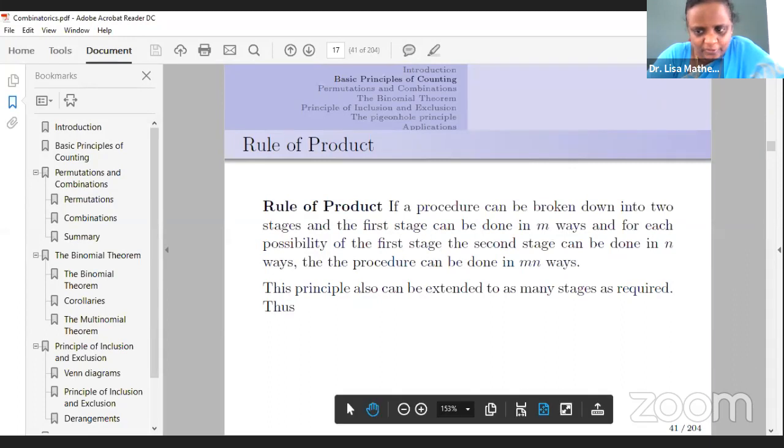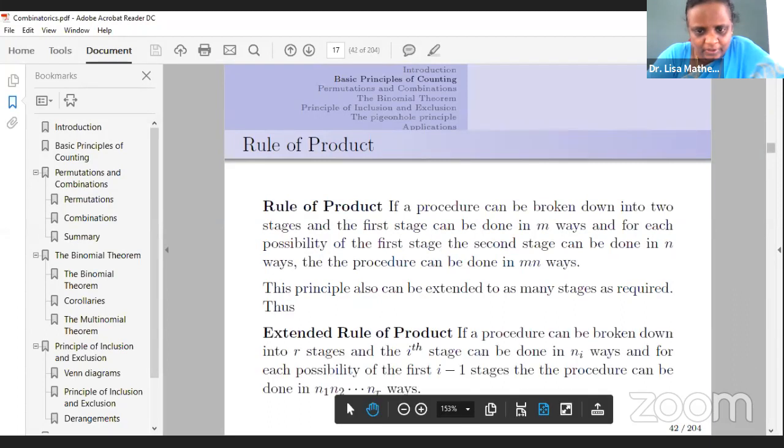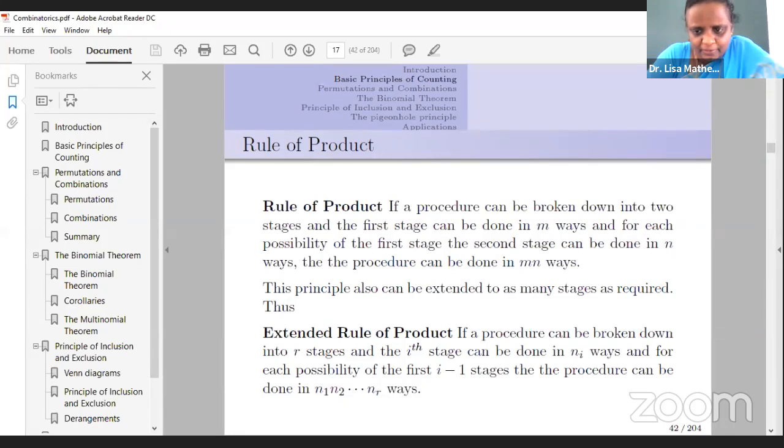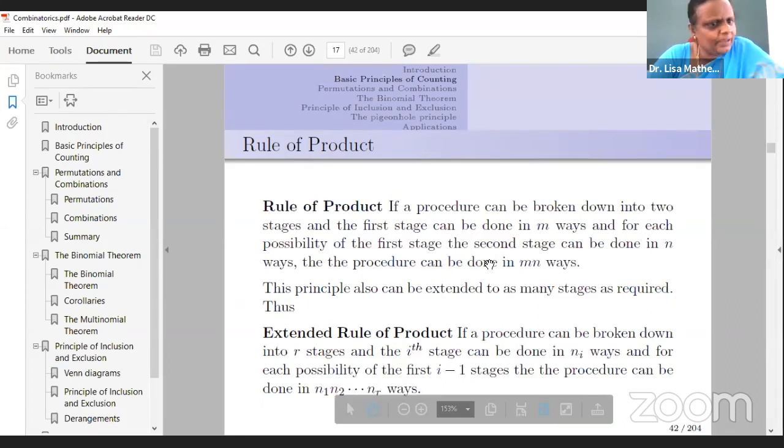And so, I have the extended rule of product, which says that if a procedure can be broken down into r stages,